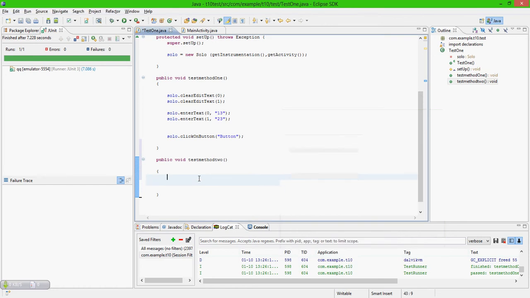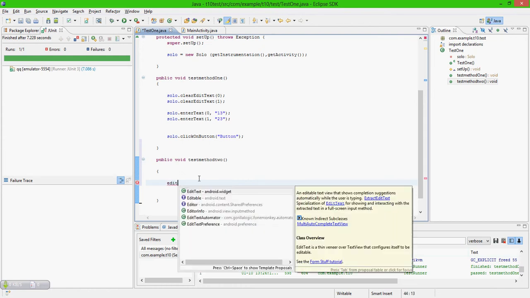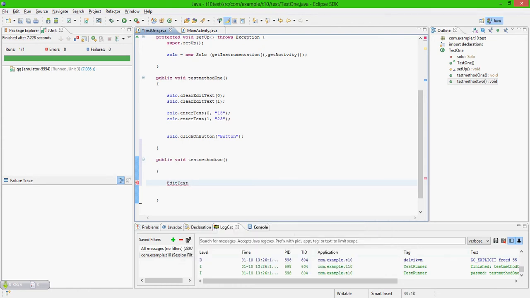So I'll be creating a variable, say edit text, text1 equal edit text, yes, edit text,